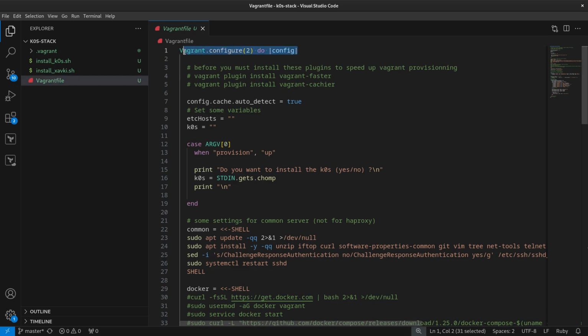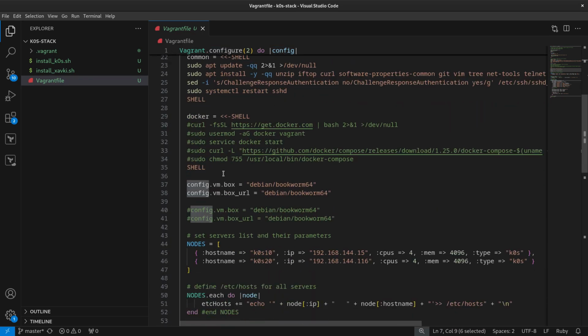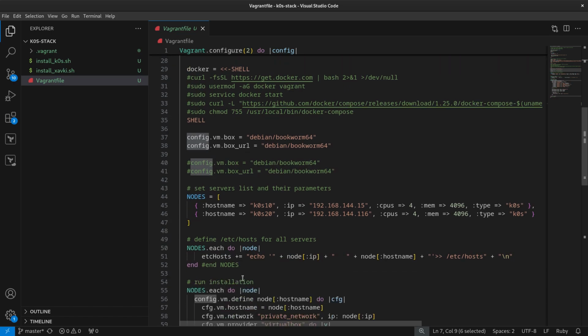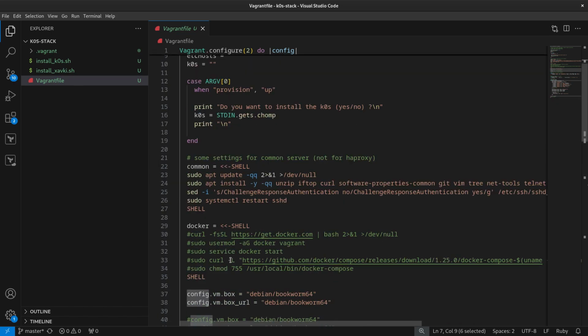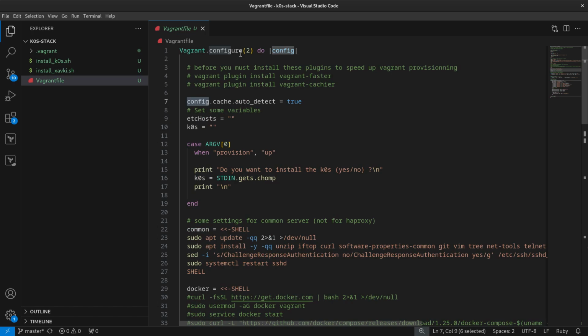We begin with a Vagrant loop here to configure some element, to say we want to configure something. So this is a key, and you can, like in a loop, use a variable to iterate with this variable. And here we have config, and sometimes we use this config here, but this is like we are into our element here.